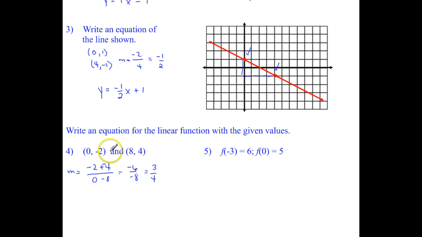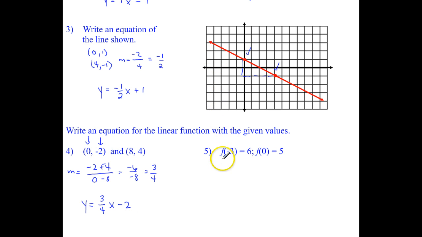Again, my y-intercept, while it was not shown as a graph, we should know that our y-intercept should always start with an x of 0. That means it's going to fall on my y-axis. So if I know that I need to plug in my slope for my m, and my y-intercept was given as a negative 2,